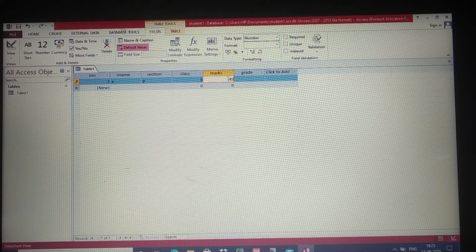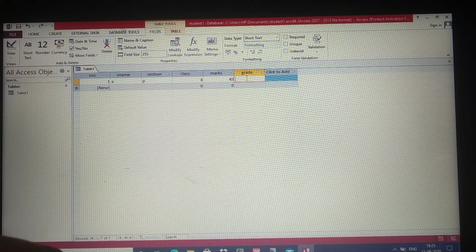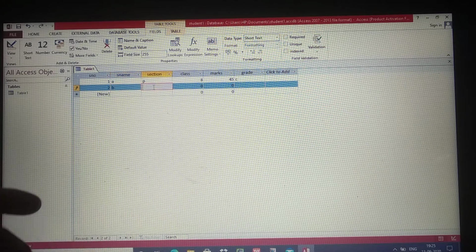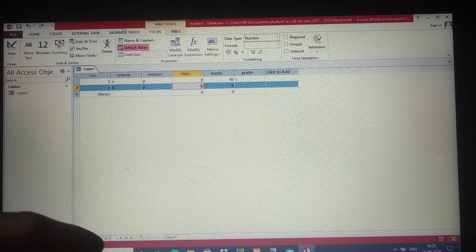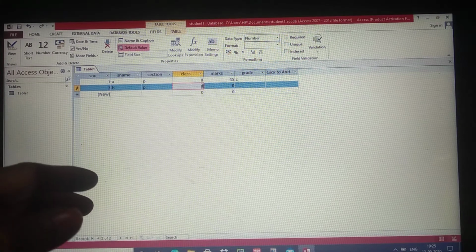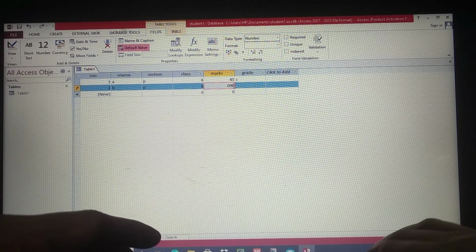So for this we have to enter the condition. Grade, we will write C grade, just as an example table. So I am writing section P, class 8, marks I will give 90 marks.